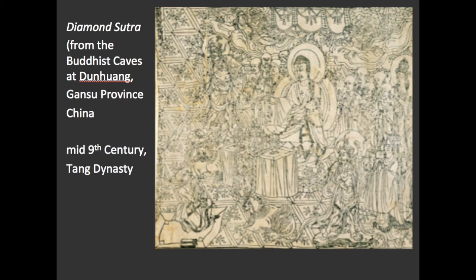The narrative represented here includes the elder Subhuti, who is represented in the lower left corner, kneeling down, looking towards the Buddha, who is centrally placed, and asking the Buddha, what should we do or think in order to attain enlightenment? The Buddha answers, those who are seeking enlightenment should not be deceived by the world of appearances. How do the visual qualities of the painting relate to Subhuti's question and his spiritual journey?